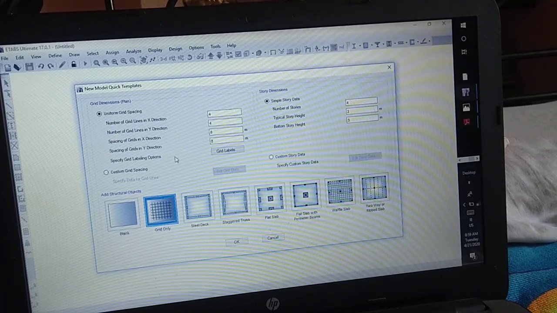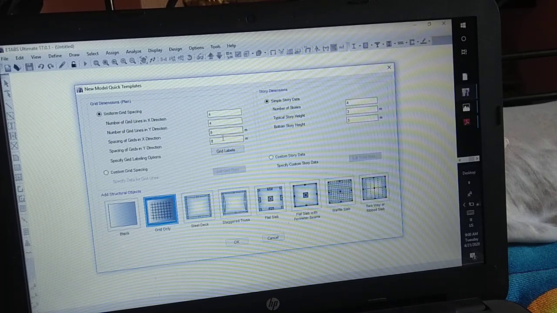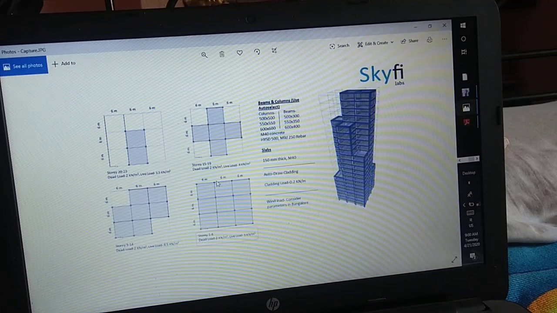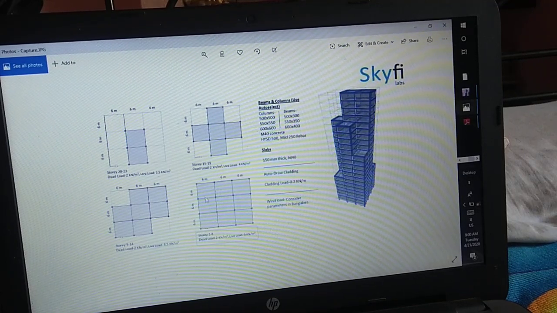uniform grid. So these are some grids. We have 3 bays in X direction and 3 bays in Y direction.